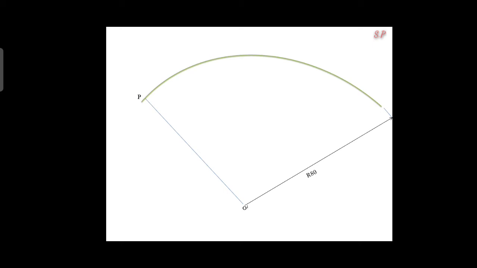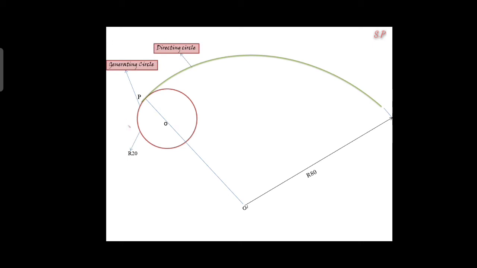So first you locate the point O dash anywhere. From O dash, you take the radius on your canvas and draw an arc. Next, from O dash you draw any radial line. That intersecting point you note, that is the initial point P. Next, from the point P, our generating circle diameter is 40, so from the point P you take 20 mm distance and locate the point O. Now O is the center and OP is the radius, you draw a circle. This circle is called the generating circle.